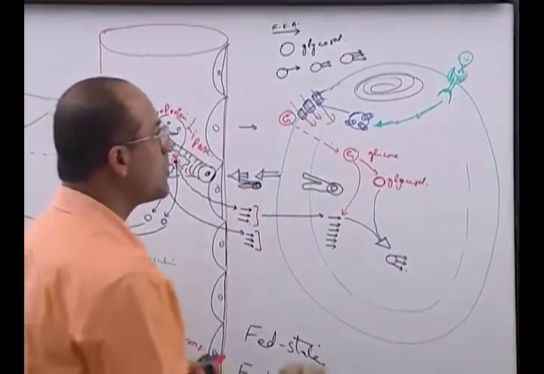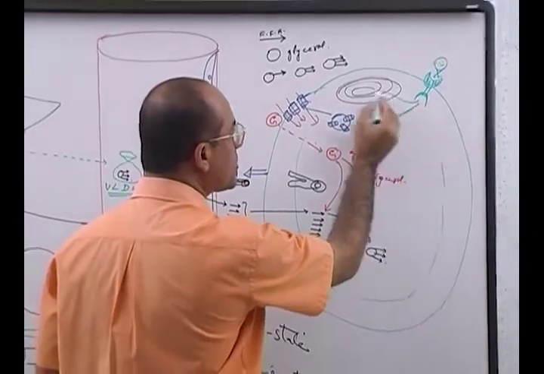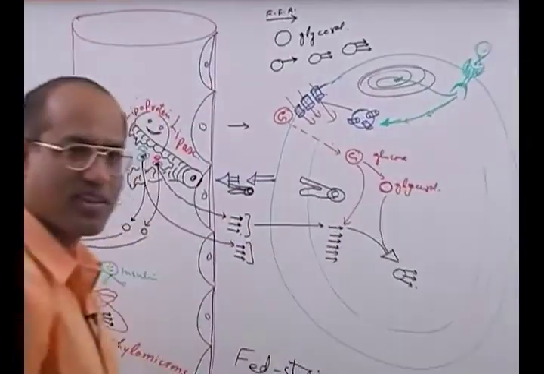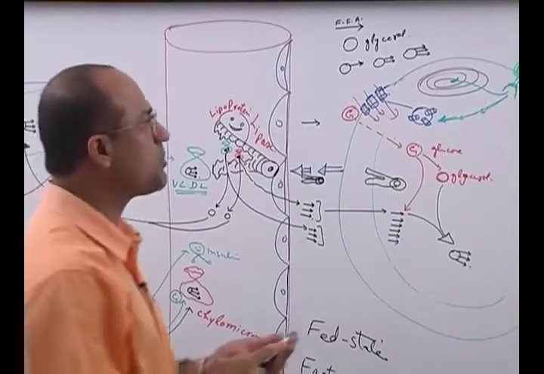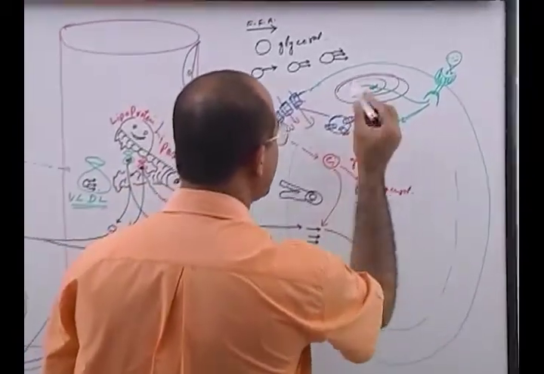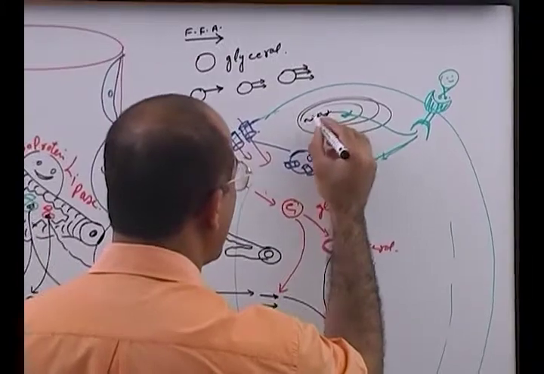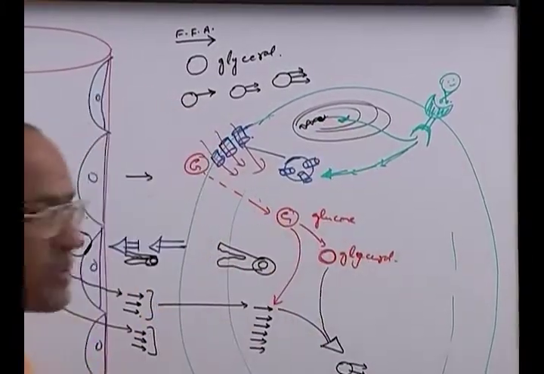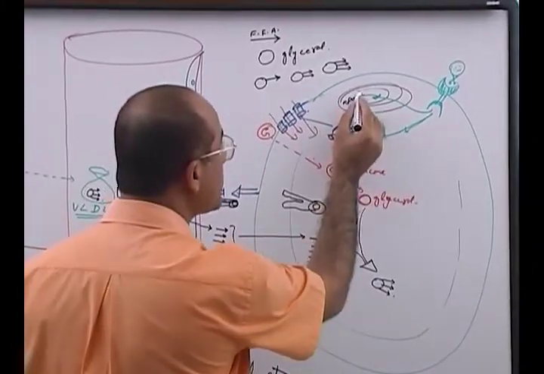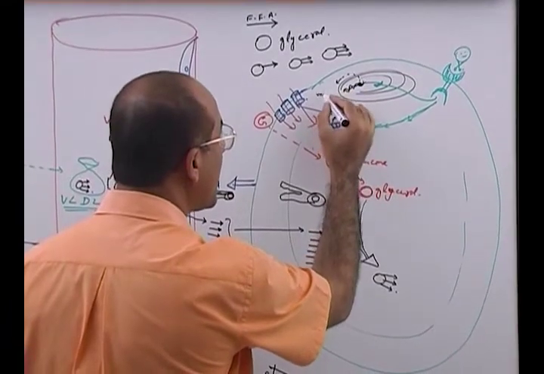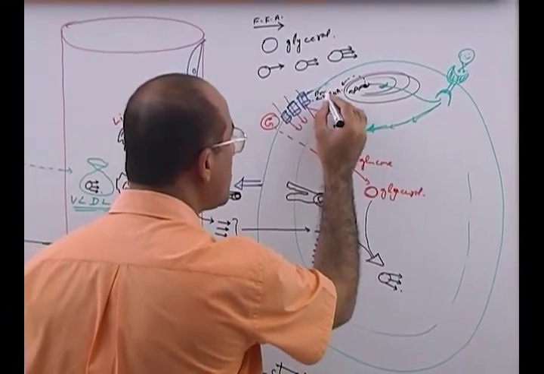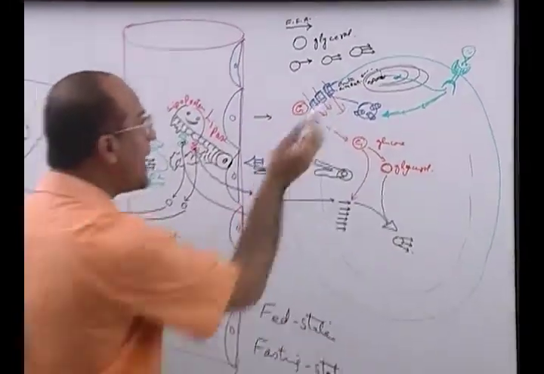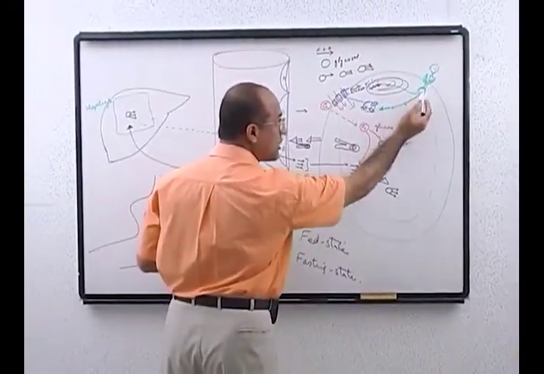Another signal they do. You know what the signal they do? The signals go to the nucleus. Some of the signals go to the nucleus and activate a special genetic machinery. There is a gene present over here. One of the very special genes is activated. And that gene makes messenger RNA. And that messenger RNA is translated into a protein. And that protein, insulin came, stimulated the receptor,